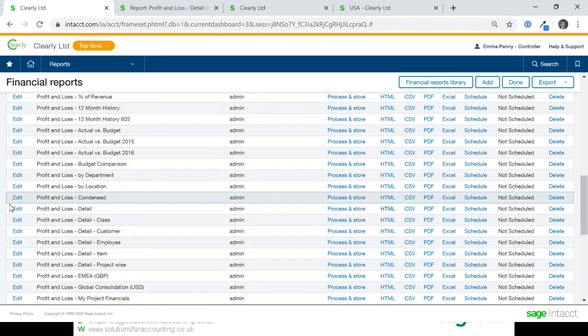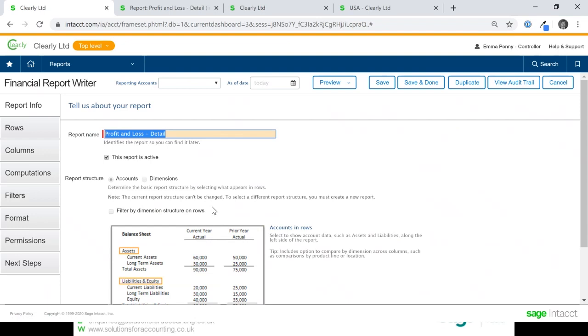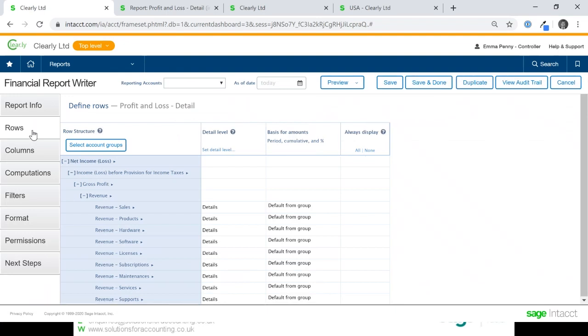Okay, as I said, they're built with the idea that the end user can edit these reports. If any of you are familiar with the Sage Report Designer that you use in Sage 50 or Sage 200, you'll know that it's not easy, or not necessarily easy, to make any amendments to your reports. With Intacct, it's very much a user-defined interface here. So you've got a very straightforward, what do you want to use on your rows? What do you want to use in your columns? So my rows in this case are my categories that are grouped together for my profit and loss.